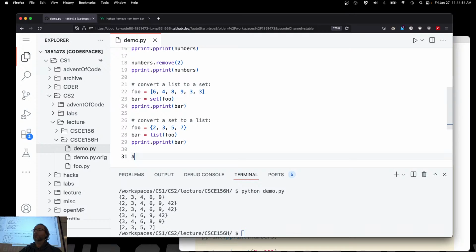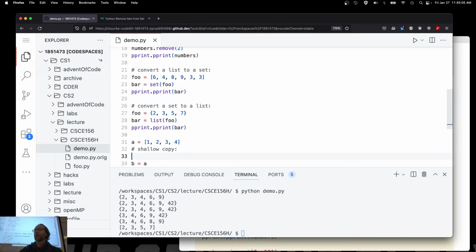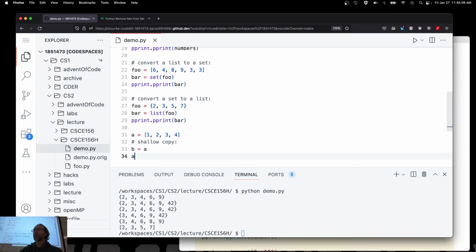And what I mean by that is, let's go ahead and make a list here: 1, 2, 3, 4. And then we'll say B is equal to A. This is a shallow copy. B and A are the same list. So if I do something like a.append(42), and I pprint both of these things,